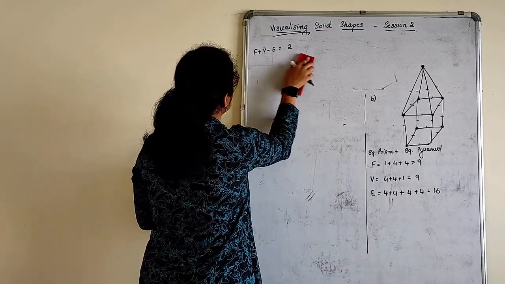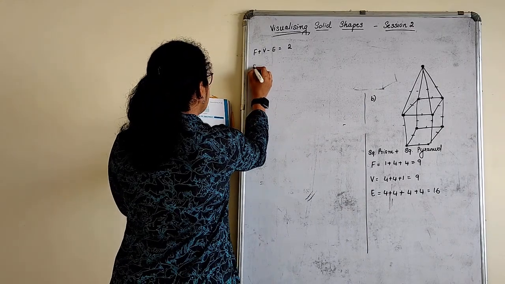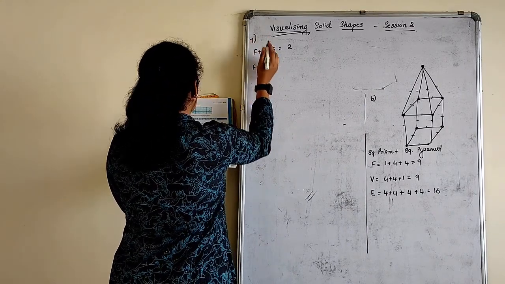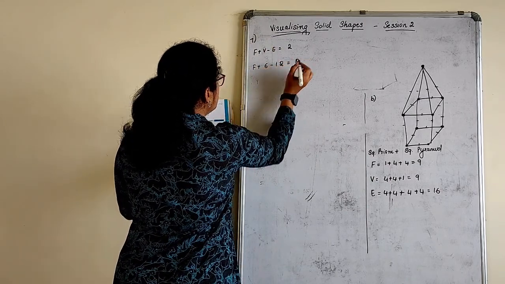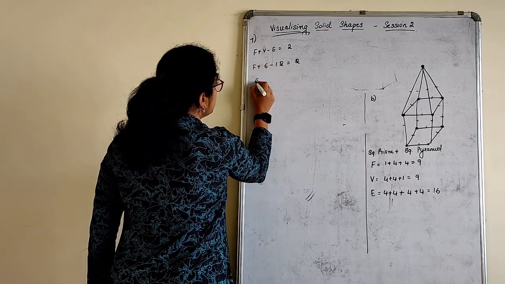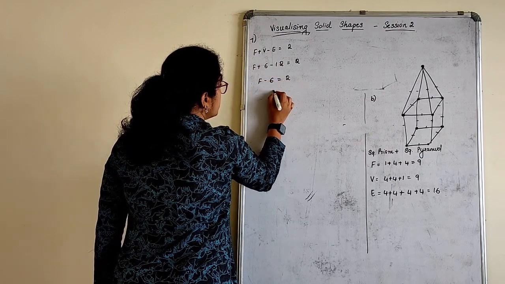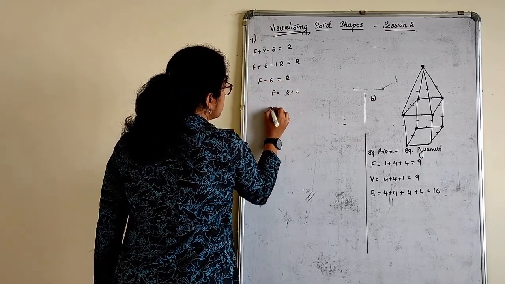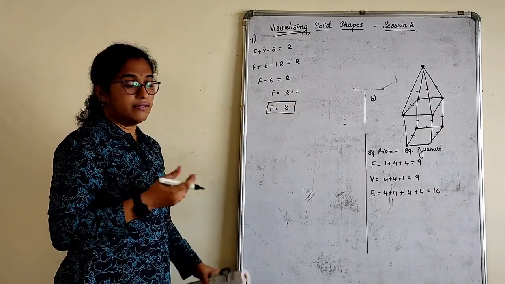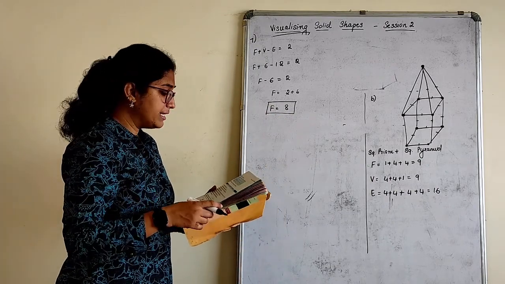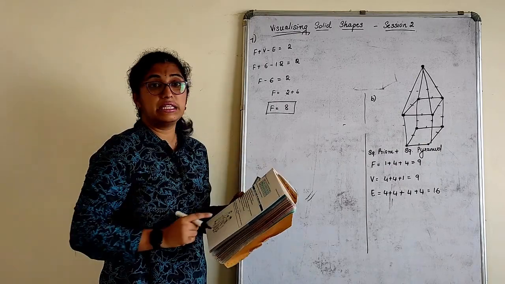We know that F plus V minus E is equal to 2. This is the formula. Given here, faces we have to find, vertices is 6, minus edges is 12, is equal to 2. So 6 minus 12 is F minus 6 is equal to 2. F is equal to 2 plus 6. F is equal to 8. Okay, this is the first one, how I have done it. The remaining fill in the blanks part, you can finish it. Not as a table, you have to do it in this manner only.